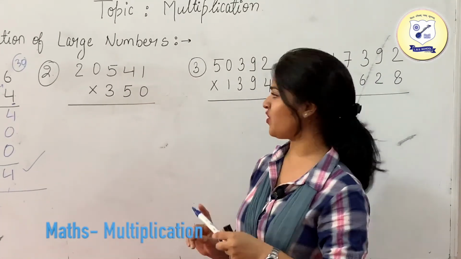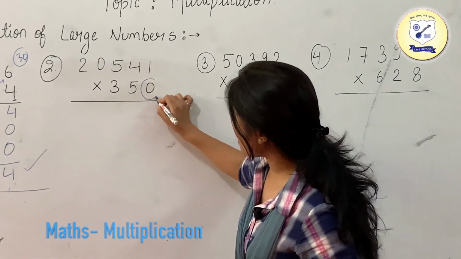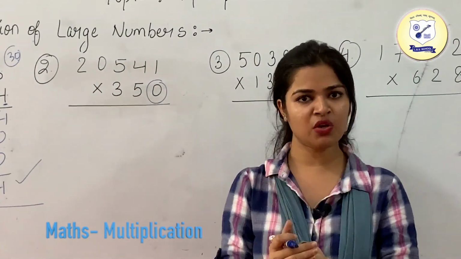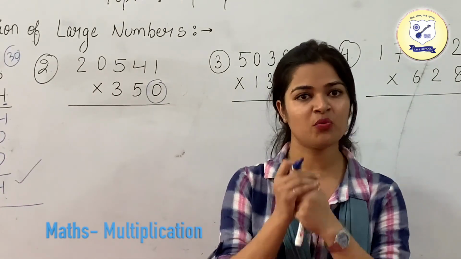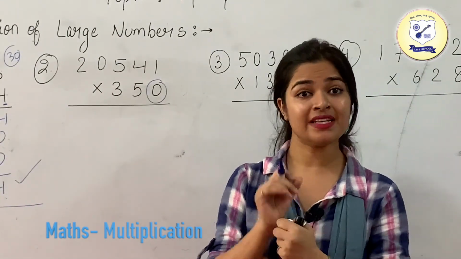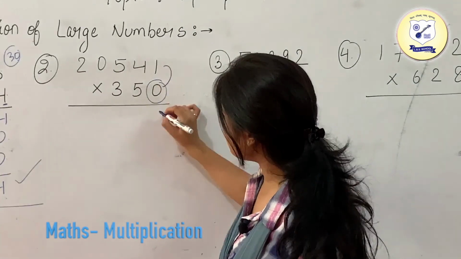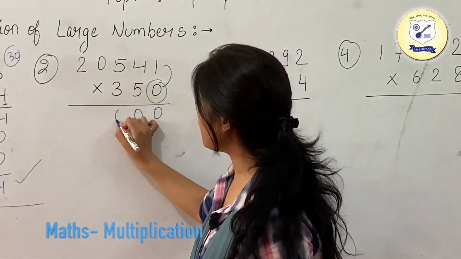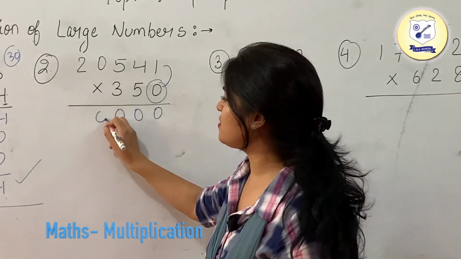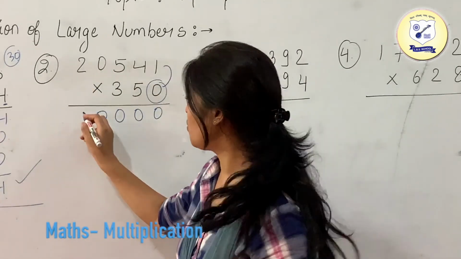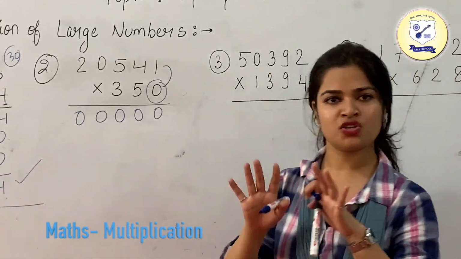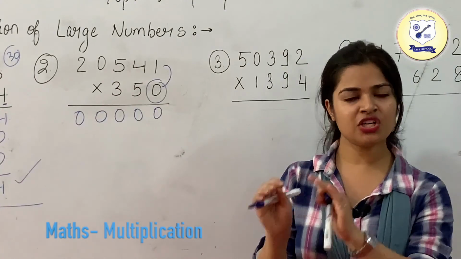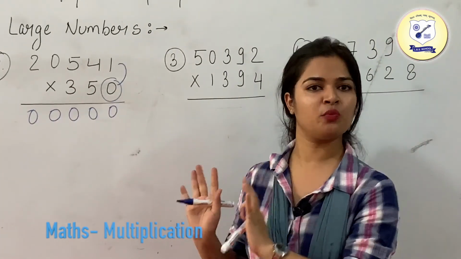multiply that with a 3-digit number. So first of all, we are having 0. We need to multiply all the 5 digits with 0, and as we know that if you are multiplying any number with 0, what we are going to get is 0. Okay, so 0 ones are 0, 0 4s are again 0, 0 5s are again 0, 0 zeros are 0 and 0 2s are again 0. Whatever the number is, it does not matter. What you need to keep in your mind is if you are multiplying any digit or any number with 0, your answer is going to be 0.